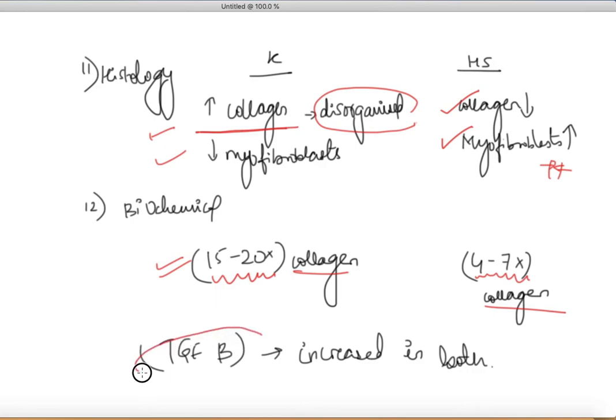And TGF beta, the transforming growth factor beta, is increased in both, again because the collagen production is increased in both. So these are the standard, important differences, 12 differences that we have seen between keloid and